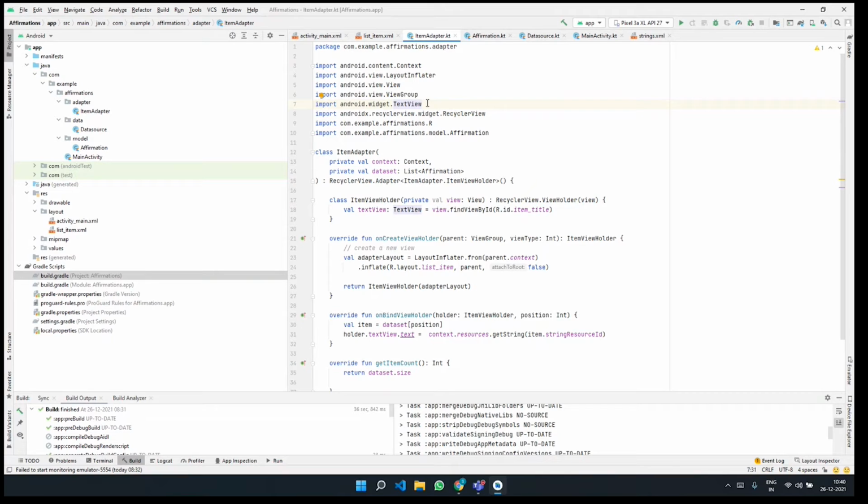We'll add the string resources to display as affirmations in the app, and we'll also have a data source to basically provide a list of affirmations to the app. So using this data source, we would basically be showing you the list of affirmations that you want to display in your application at the end of the day.